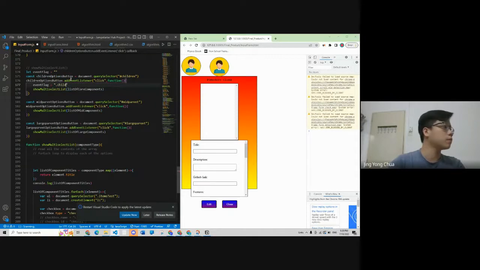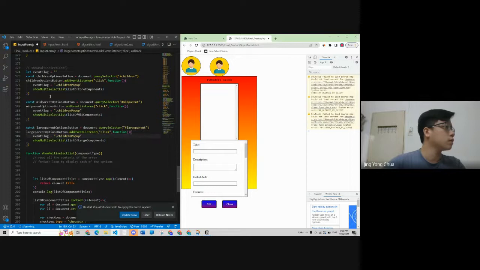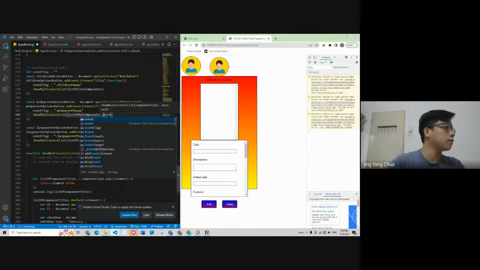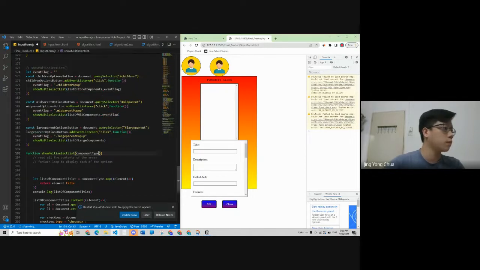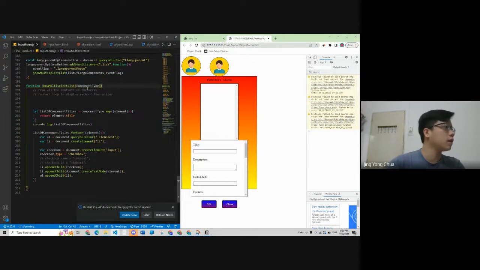actual pop up and flag. This one over here, over here, and this one will be mid parent. Parent pop up. This will be large parent pop up, and stuff this in. So we're gonna do this for each one of them. I'm passing in this one, and here we are taking in the flag, right? So the flag will be this,